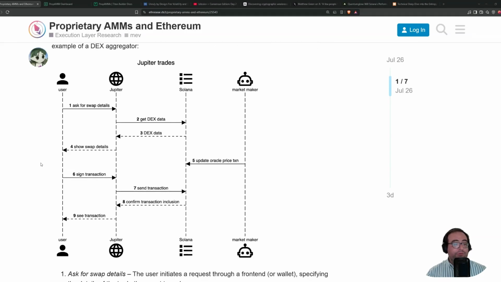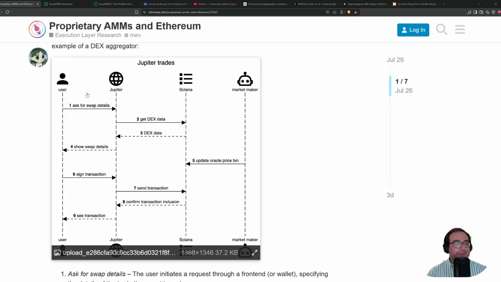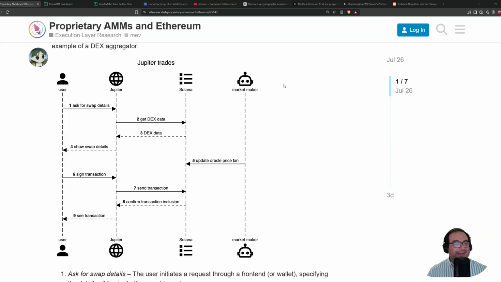It first shows the diagram on how this works, for instance, on Solana. So you have the user, you have the aggregator, you have the network, and then you have the proprietary AMM operator, or anyway, the entity behind this prop AMM, the market maker. Because at the end of the day, what is a prop AMM? Like the diagram, when you compare it to the actual passive AMM, it's not very different. The difference is that the automatic in the standard passive AMM also means passive, while here this is still automatic in a sense, but it's not passive at all.